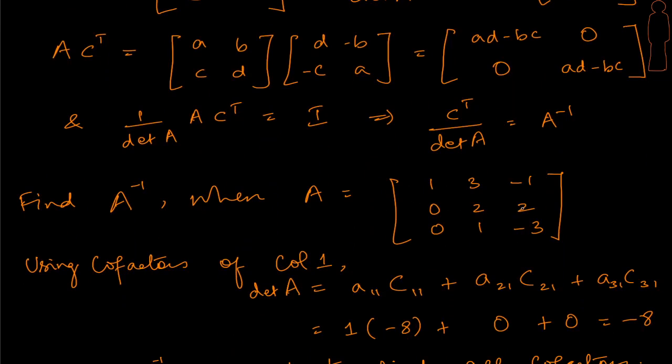So in order to find the inverse, first I need to find the determinant. Of course, we can find the determinant using the first row, but remember that we can be a little more smart by trying to find the determinant using the first column, right? Because I have two 0 elements here. So this is the idea.